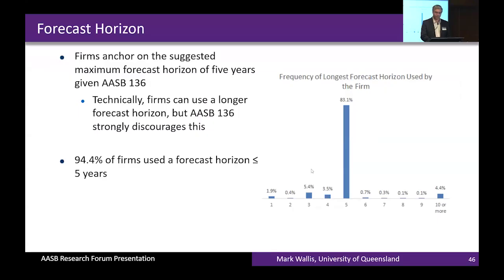Forecast horizon, we collected this. So here I've graphed the longest forecast horizon that firms used in either doing value in use calculations or fair value less cost of disposal with the income method, because they basically apply those the same way. And you can see that a huge number of firms are just using the 5-year forecast horizon that's mentioned in the standard. Now, this is kind of interesting because does that mean that they would have used a longer forecast horizon if they felt they were allowed to? So are they picking the maximum, or are they using the 5 years mentioned in the standard as a heuristic, right? Just anchoring on that.